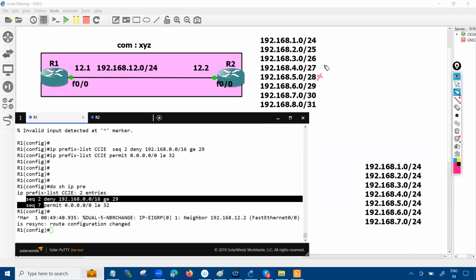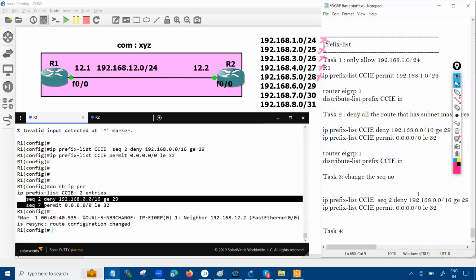So 28 will be filtered, 27, 26, 25 and 24 as well. Only allow 29, 30 and 31. So same statement, you just need to change the greater than to lesser than, and put the 28 over there. So I'll mention the task name, deny all the routes that have subnet mask